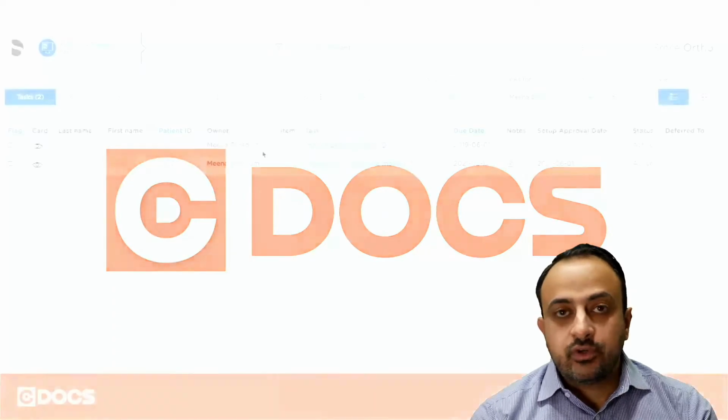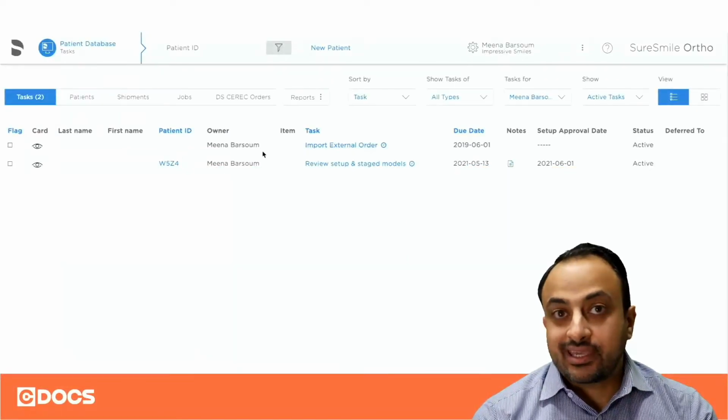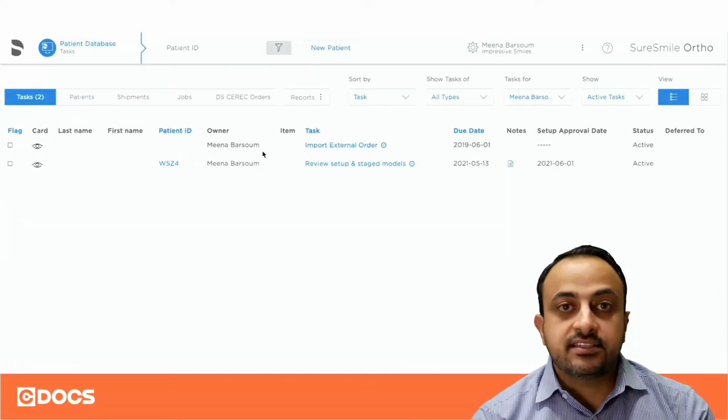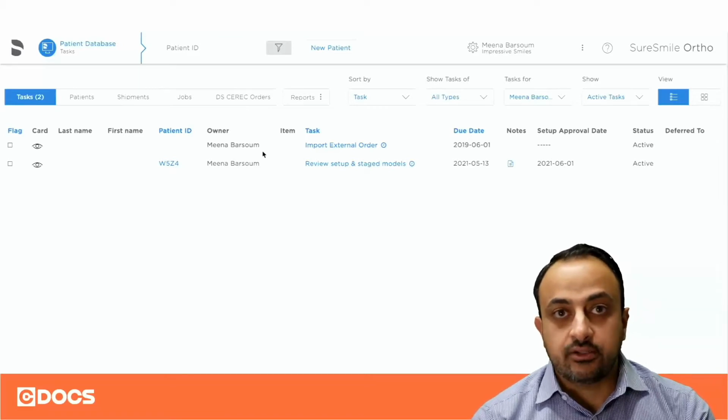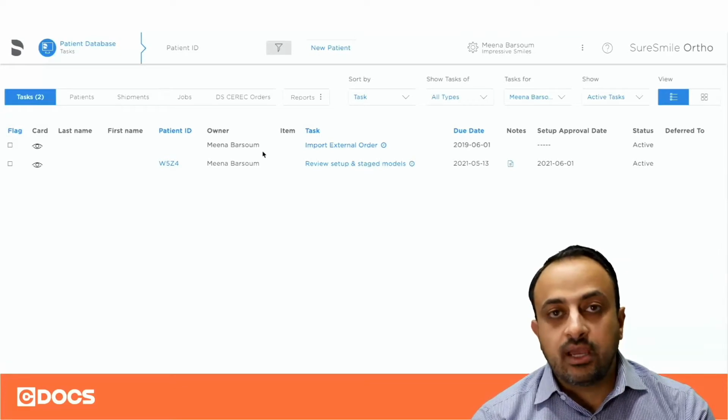Today I want to show you a technique on using the CEREC Connect software and how the cases are sent into your SureSmile dashboard. So we have a case that we scanned and we uploaded the case through the Connect portal. We chose SureSmile as our laboratory to send it to, and now I'm logged into my patient database on